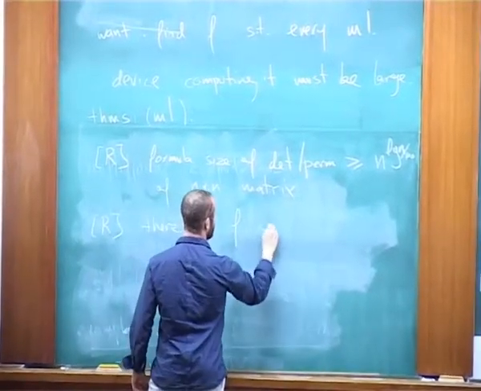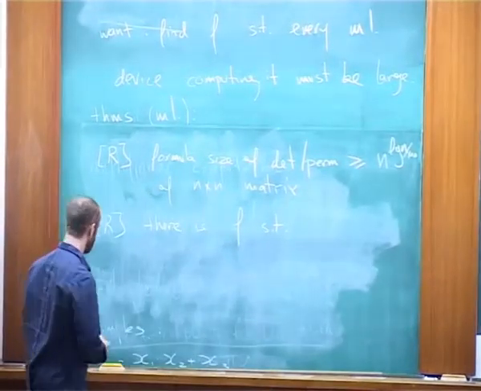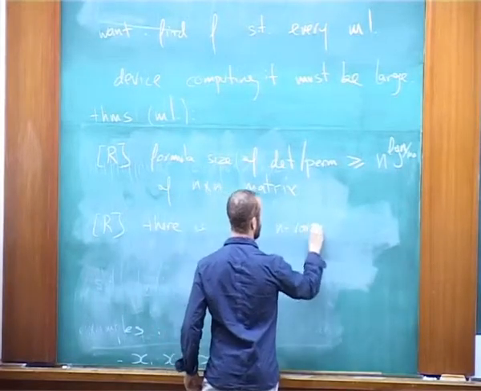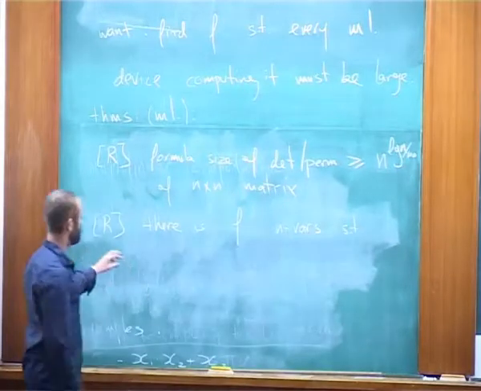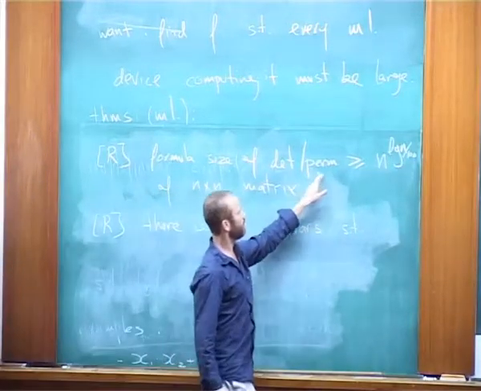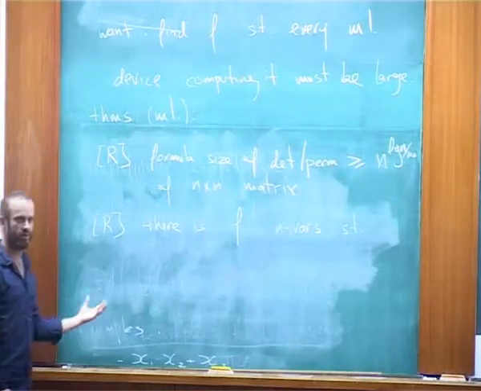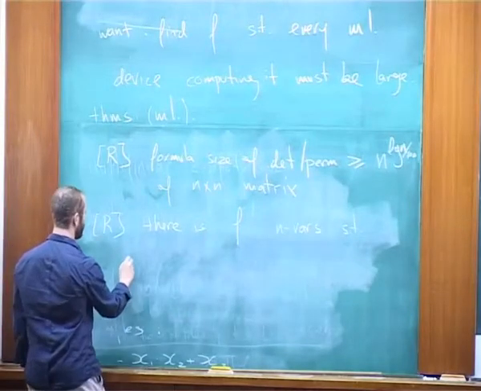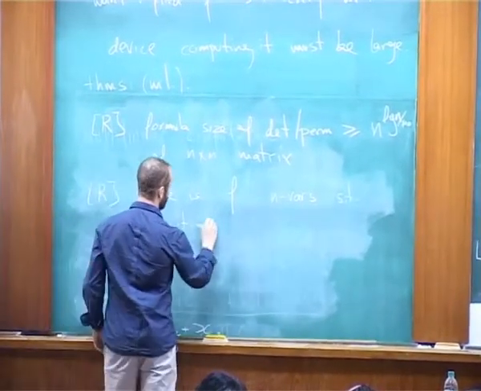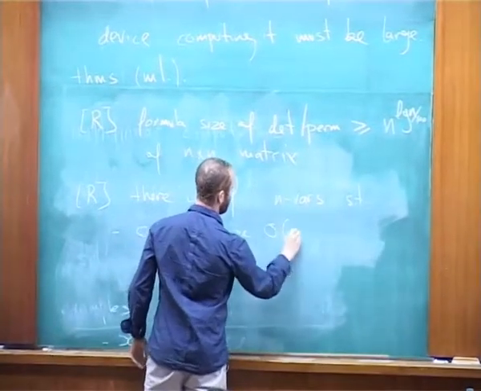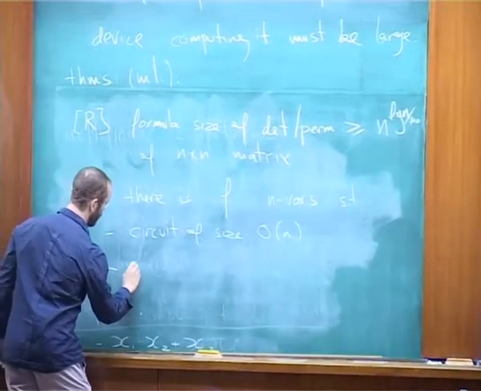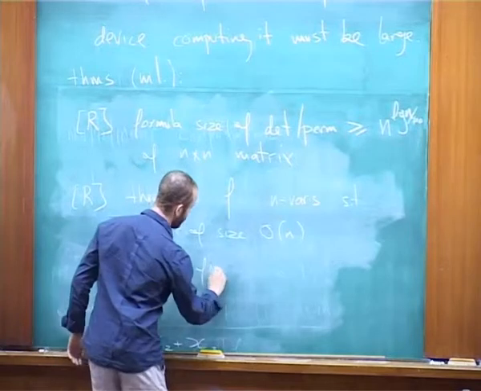f with n variables. So this is a slightly more sophisticated statement. Not only that the determinant and permanent cannot be computed efficiently, there is a polynomial f that has circuits of size linear, very small circuit, but every formula